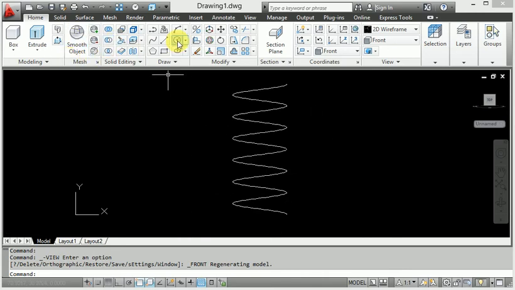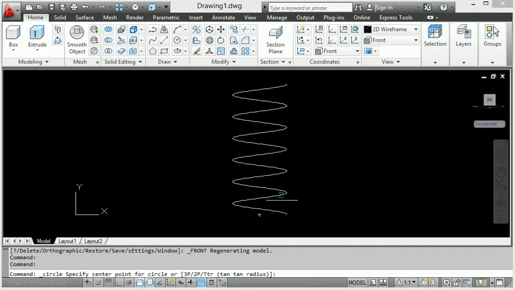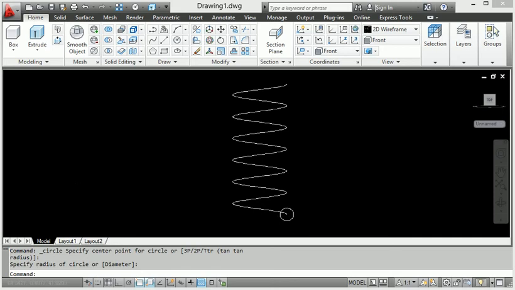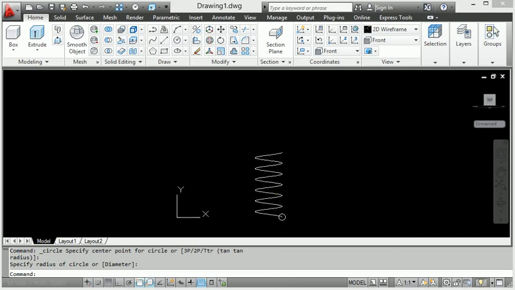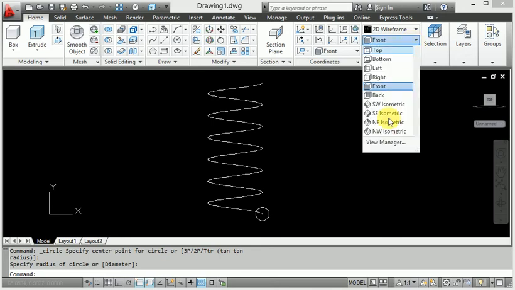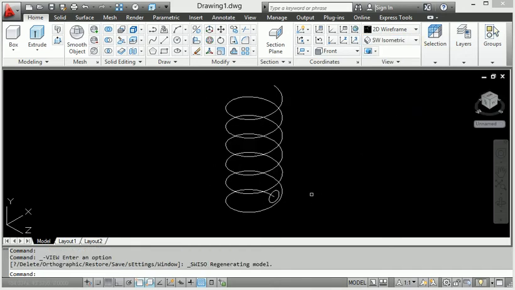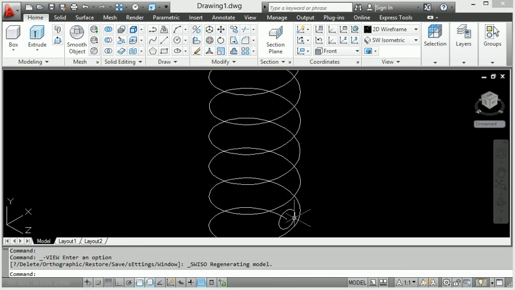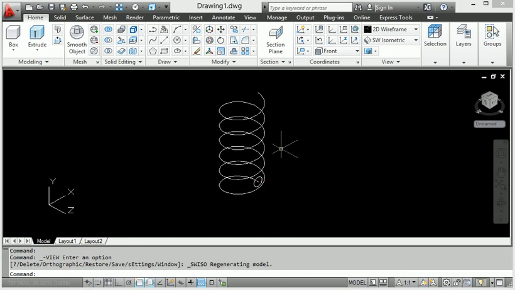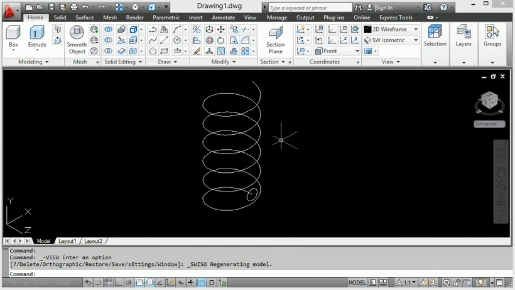Then let's start the circle. Here you can see that I create one circle. Then after, use the 3D isometric view. See this here, the 3D isometric view. And also I use the sweep command.